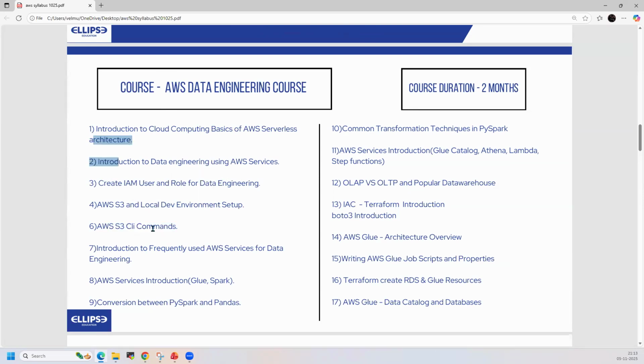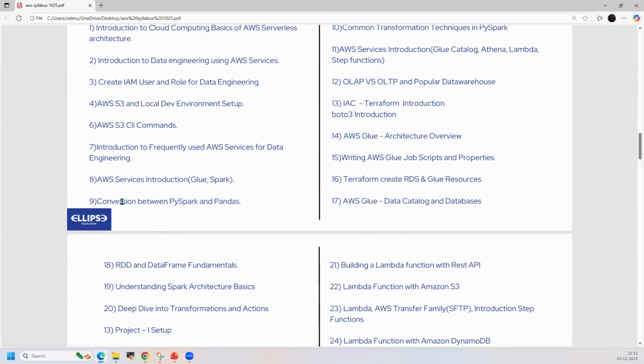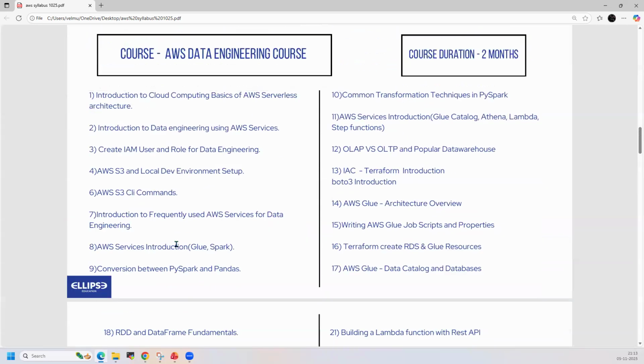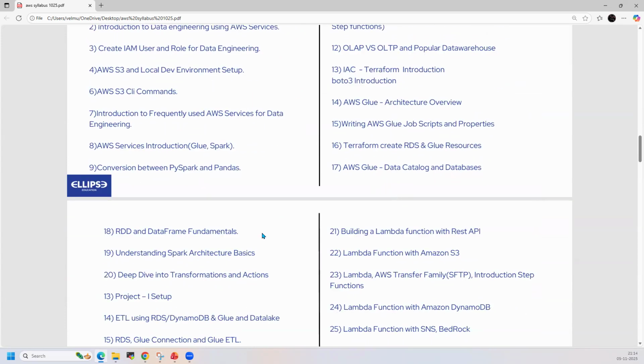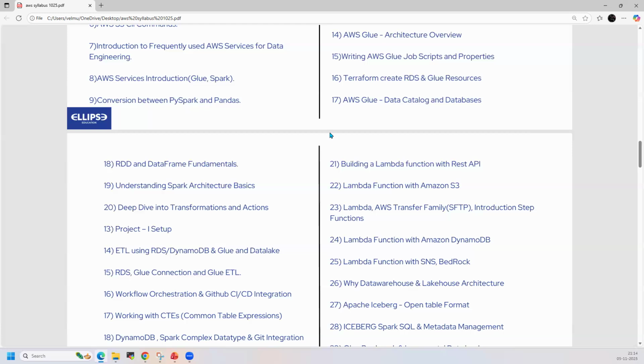So we are starting from basics and slowly we are getting into ETL tools, working on Spark, Glue, and using Athena, using Lambda. So we are starting on other AWS services. Then we are getting into Terraform for deployment of resources into multiple environments. So using Terraform and creating resources, doing automation, automating your pipelines, deployment, release activity. We are discussing all this, and then working on the Glue catalog, and